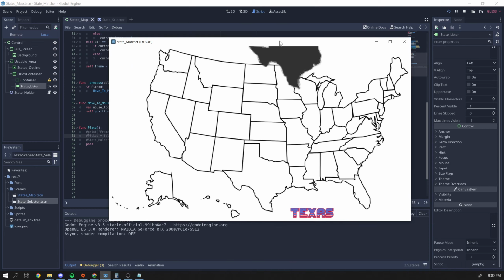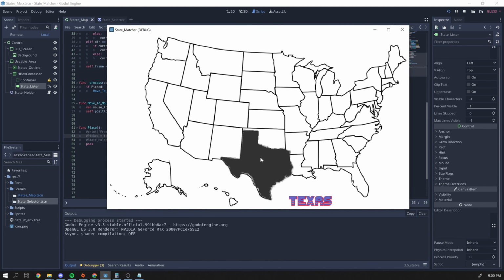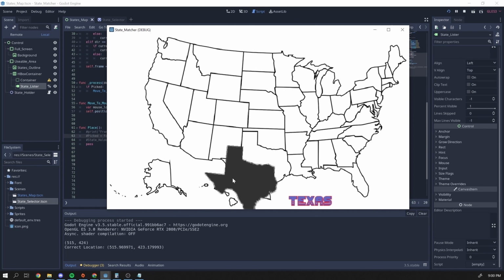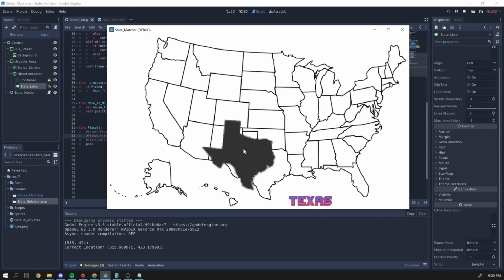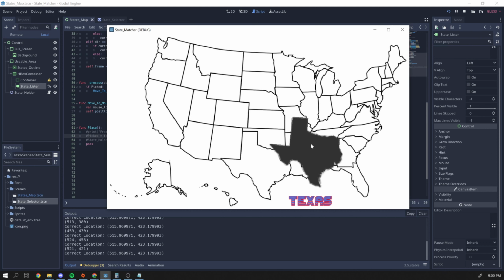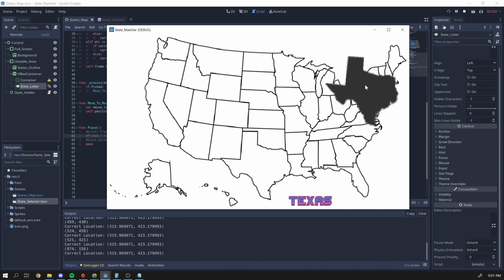Now, we know where Texas needs to go. It needs to go right here. So if I click right on top of it, you'll see that those locations are really close together, right? That's where I clicked, and this is where it should have gone. Now it's not feasible to click directly on that particular pixel, but if somebody gets within a couple pixels, you want it to actually accept that location, right? But if somebody clicks way over here, the distance is going to be really far away,